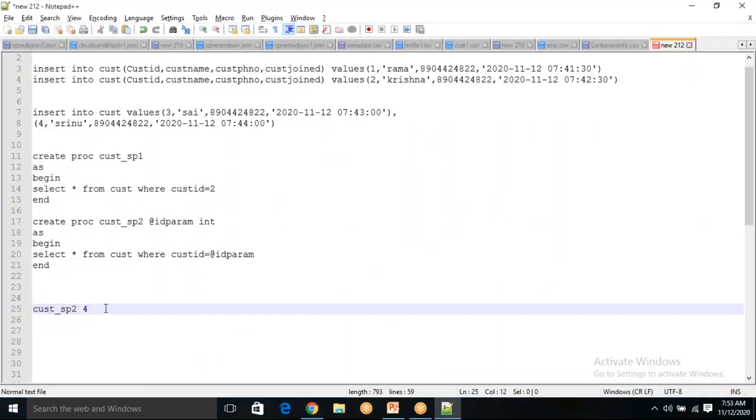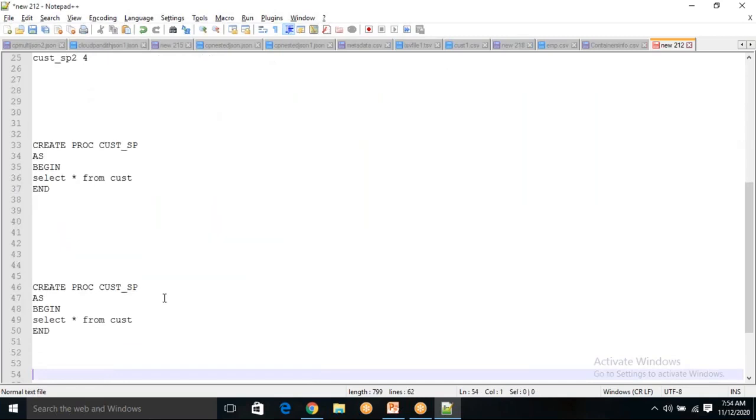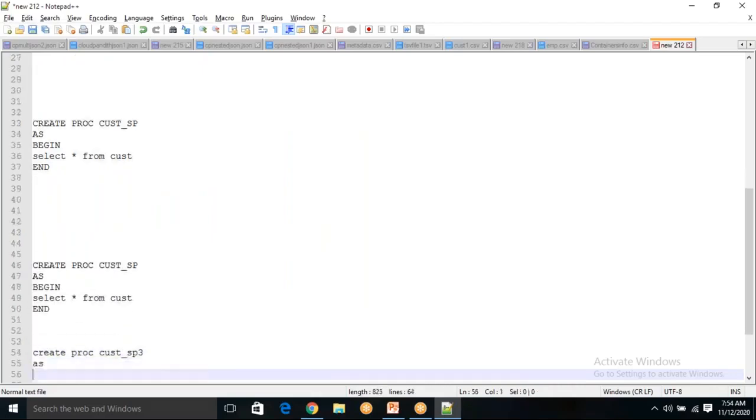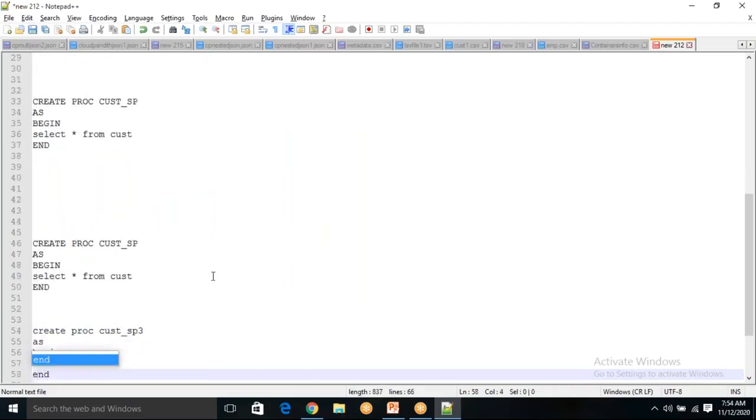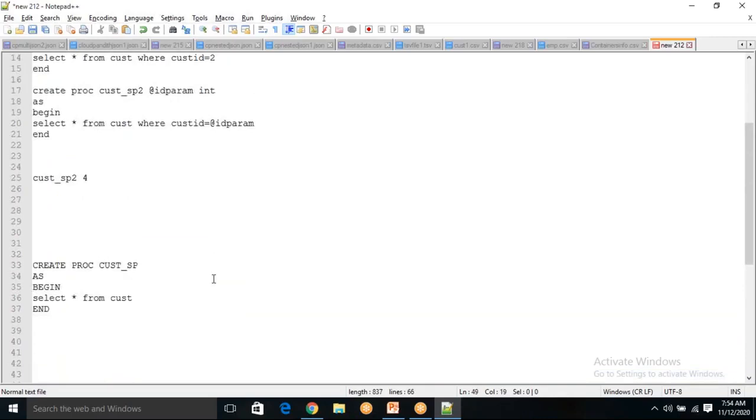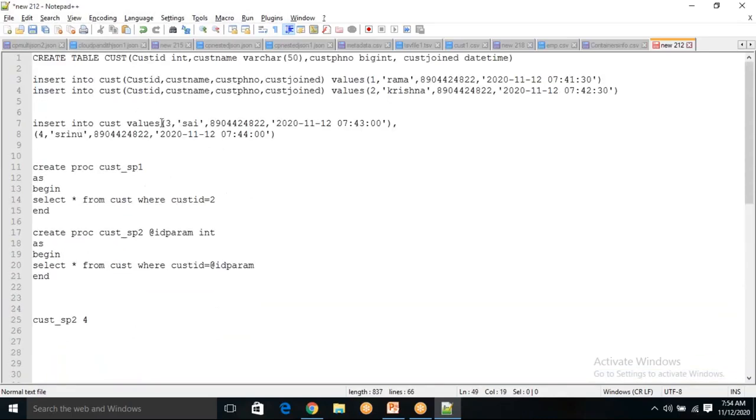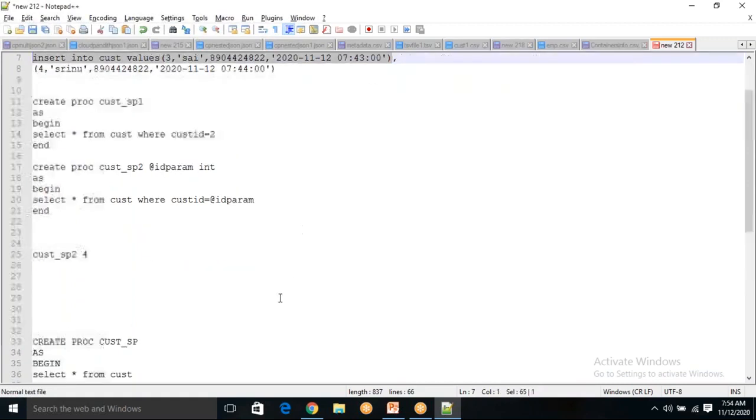Now the same stored procedure I'm going to use to insert the data. So create proc first_sp3 as begin and end. Now what I wanted to do, I want to insert a new record. So what is the insert query? This is the insert query. If you want to insert one record, bring that